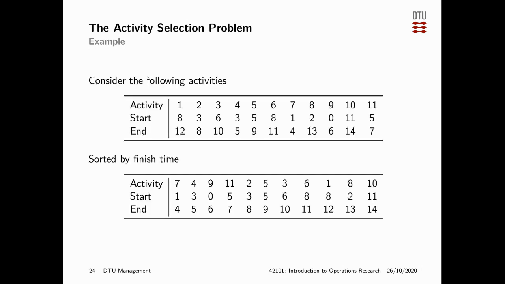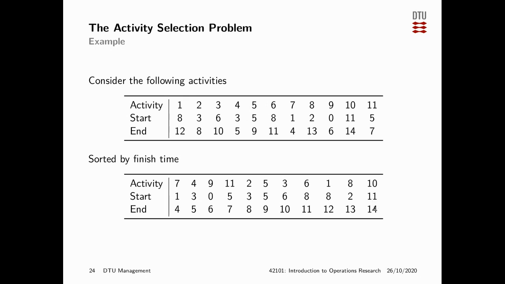To help illustrate the greedy heuristic that we're going to look at, we're going to consider a small activity selection problem. In this particular example, we have 11 activities. What you see at the top here is a list of these activities together with their start and end times. So activity 1 starts at time 8 and ends at time 12. What you see down here is the same set of activities, just ordered by increasing finish time. So activity 7 is the earliest one to finish at time 4,